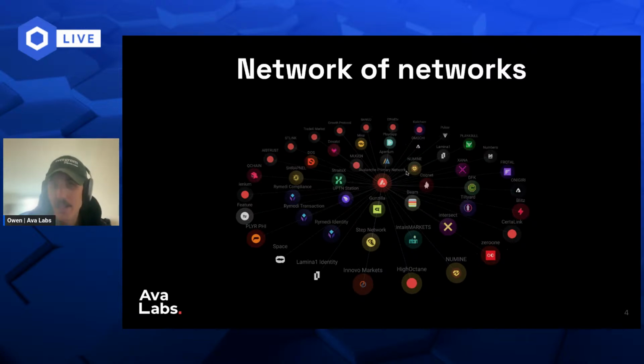So obviously we have the Avalanche primary network. And if you're a user of Avalanche, and when most people talk about Avalanche, they're actually talking about the Avalanche primary network. So if you're trading on LFJ or Pharaoh or any of these Avalanche dexes, or buying tokens, chances are you're touching the Avalanche C-Chain, which is part of the primary network.